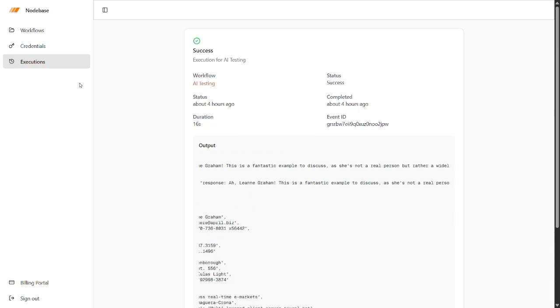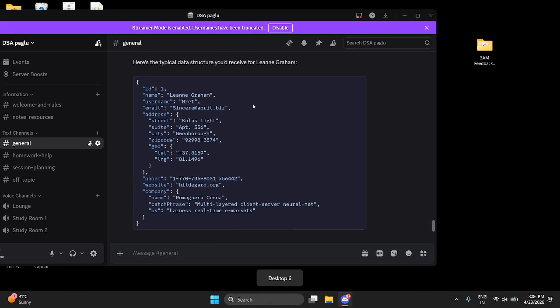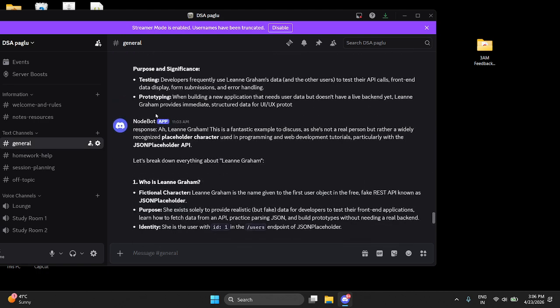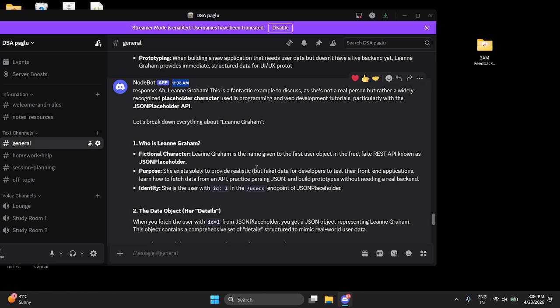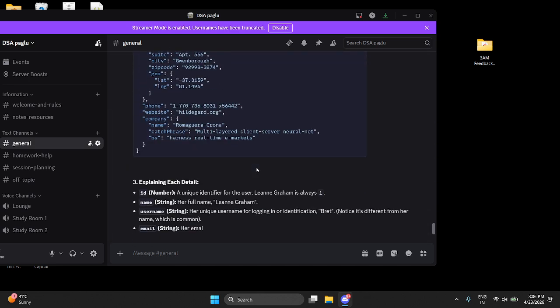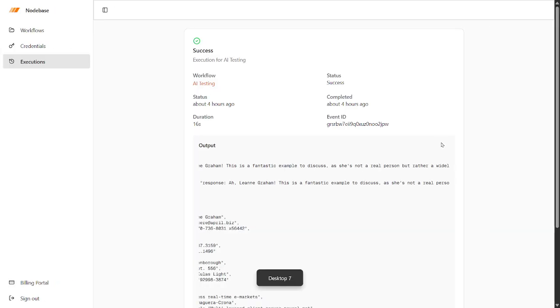Let me show you how the message on Discord will be seen. Here, you can see for the node bot, 4 hours ago, 11:03. The response, you can see, is the same response as we just got from our Gemini node. Similarly, you can also use Google Form hooks in different web apps. You can also integrate your Slack.